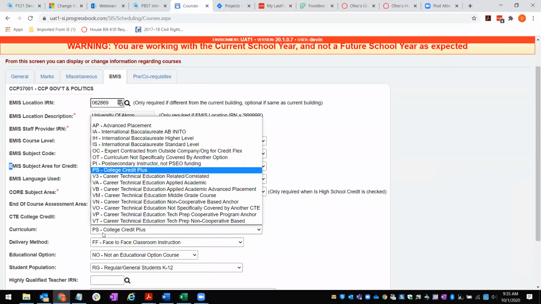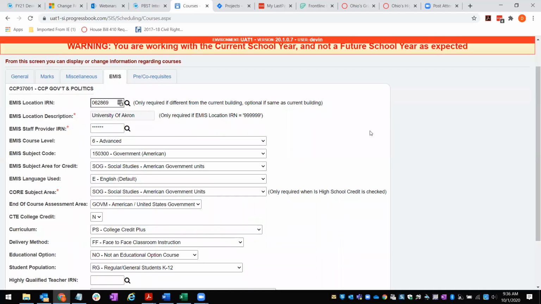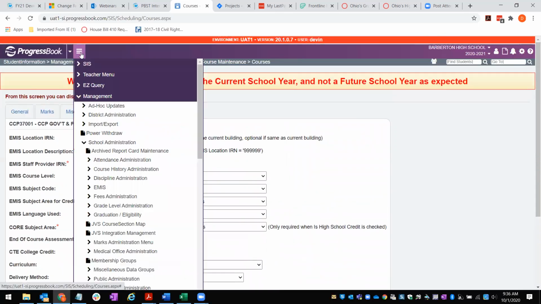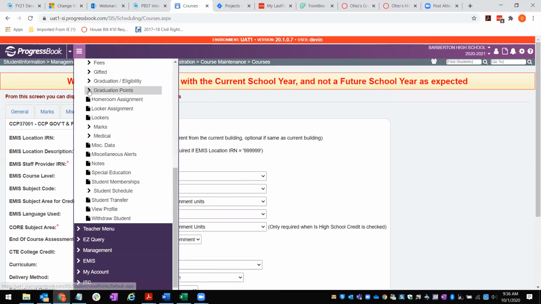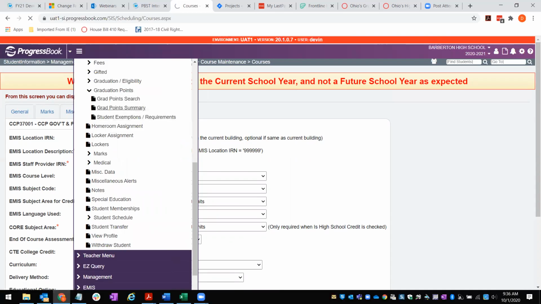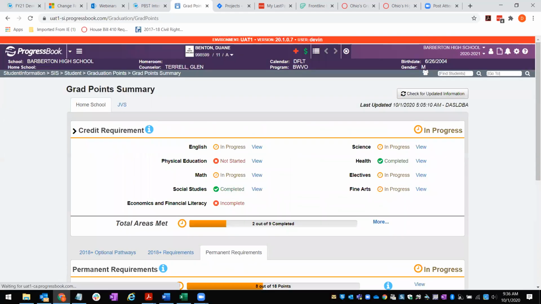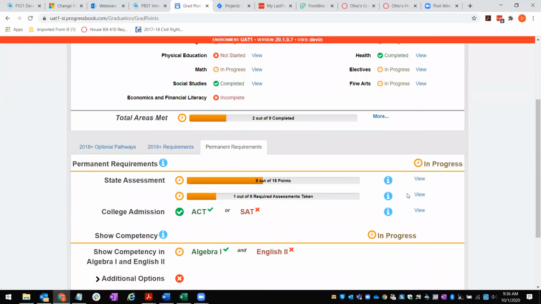And of course, for the advanced placement, they would have the AP or the International Baccalaureate marked there. Okay, so if they have those items marked and the student passes, or depending on the grade that they receive, if we go look at the graduation point summary for this student, we're going to see based on the tables that are on, let's see, page 34, I believe. An A or a B, the student would get 5 points towards graduation, a C is 4, a D is 3. So if we go in here and view the details for this,